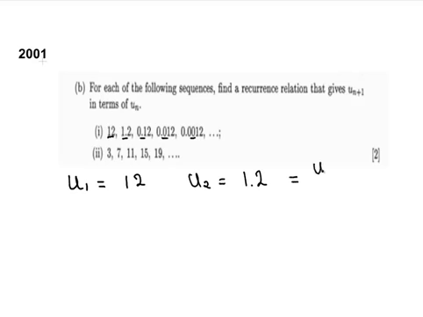So u2 is equal to u1 divided by 10. Likewise, u3 is equal to u2 divided by 10, and so on. So what we could say here is that u of n plus 1 is equal to u of n divided by 10